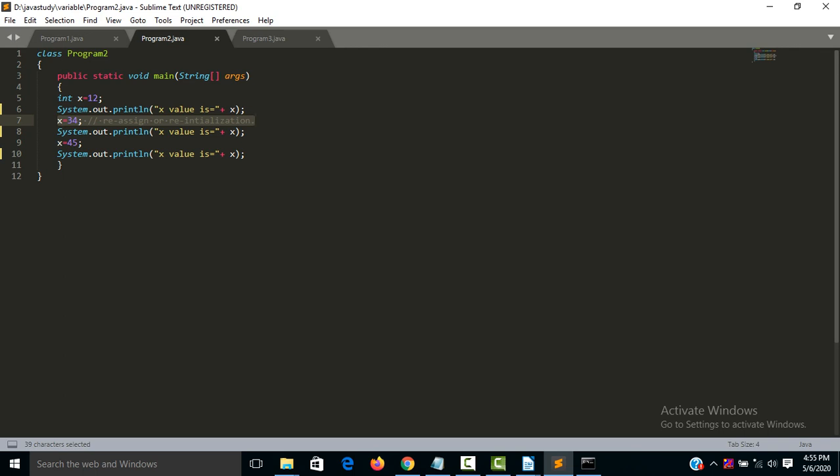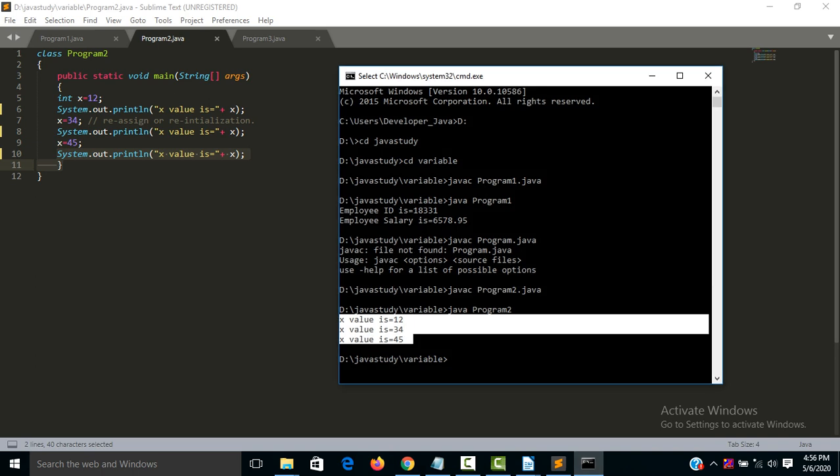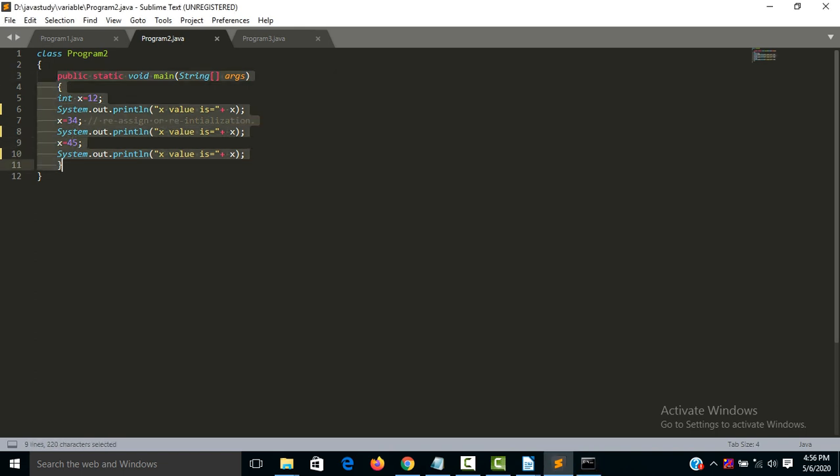Here x is also reinitialized, so System.out.println prints x equal to 45. The x value is 12, then 34, and then 45. So this is the reinitialization in the program.